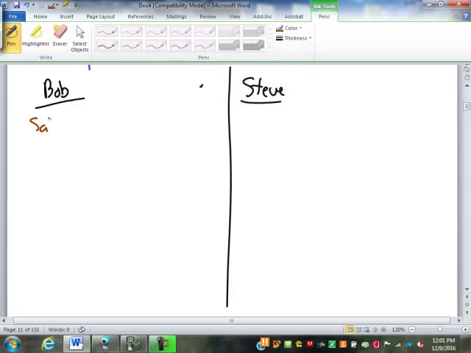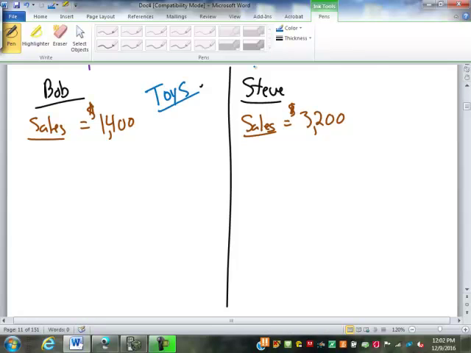Bob has sales of $1,400. Steve has sales of $3,200. But that doesn't necessarily mean Bob is out the door, because let's say that Bob works in toys and Steve works in electronics. Well, electronics are usually more expensive than toys, and depending on the time of year, the demand could be very different. So let's say that in toys, the mean of all salespeople in toys